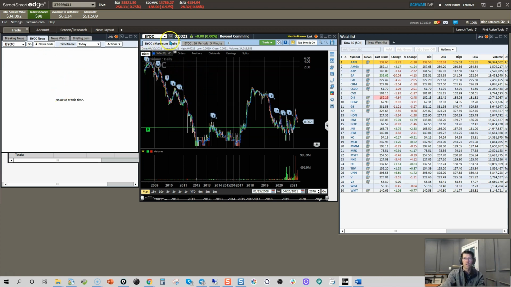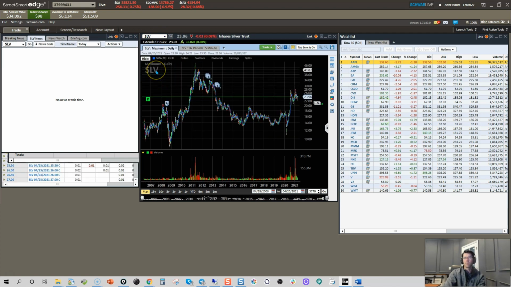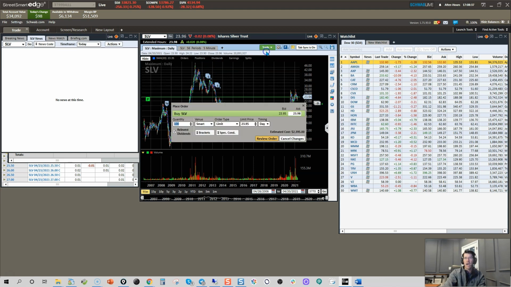This is my trading window. If I want to type in SLV, okay, there's my symbol right there. So SLV. Now, do you remember what price I want to get in at? 21.05. So if I went to trade, buy, it pops up a little order window. If I wanted to buy 100 shares,